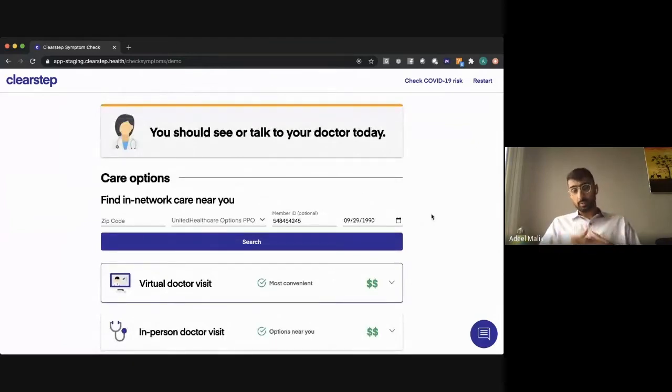We white label this for our customers, like I showed at the beginning, health systems and insurers for the most part, but we're also working with the likes of Doctor on Demand and other large retail health clinics. And really the idea for our customers is to leverage ClearStep and the white label that we provide to offer the most seamless, user-friendly, consumer-centric experience for answering all the questions that someone has when they're trying to find care, which are: